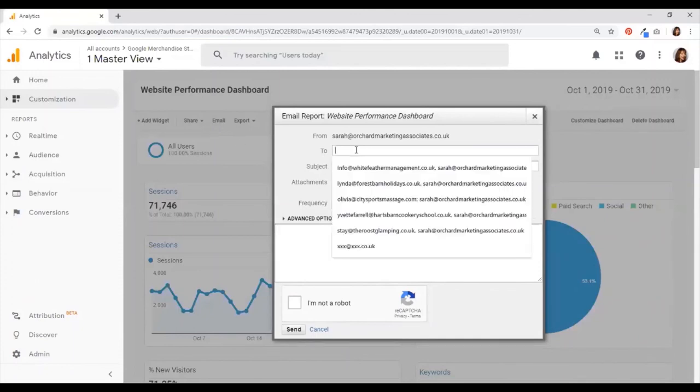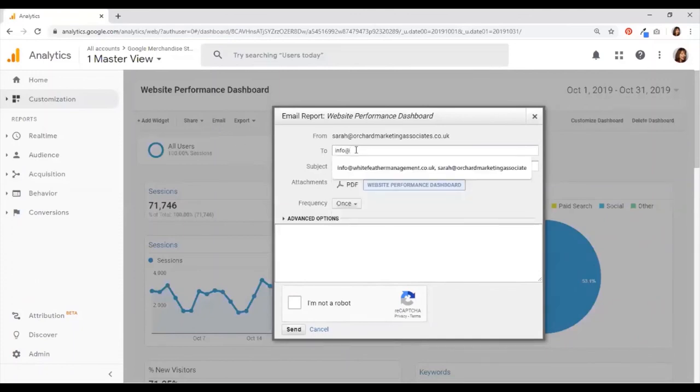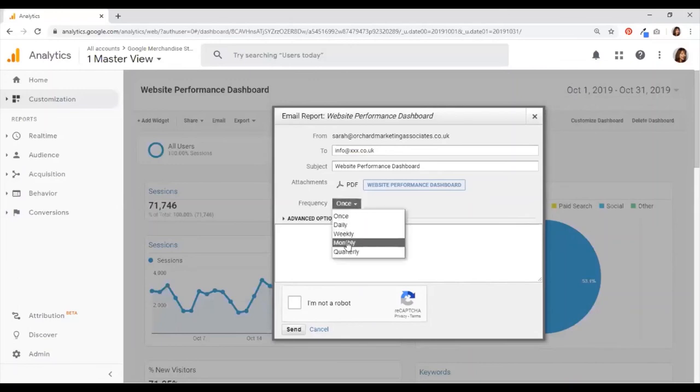So let's fill in the to button. So we're going to send it to our mystery company. And I'm going to call it Website Performance Dashboard. You can change that subject if you want to flag that it's your monthly report. It's going to come to you as a PDF. I would suggest that you want to get it on a monthly basis, and most people have it on the first of the month. You could have it more frequently. Say you're a restaurant, you might want it on a weekly basis, but you're very unlikely to want it on a daily basis unless you're very bored. And you can type in a little message here,